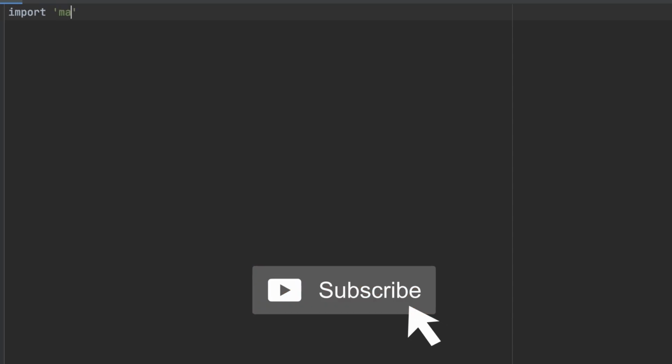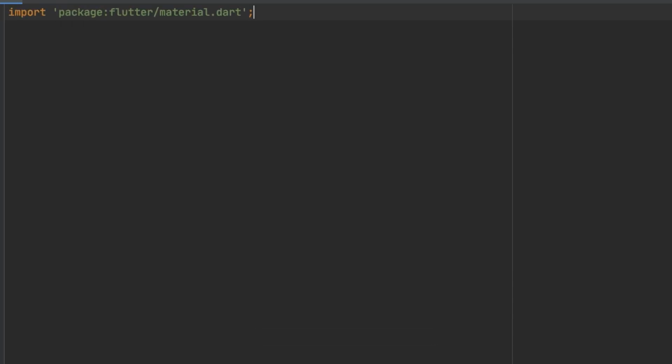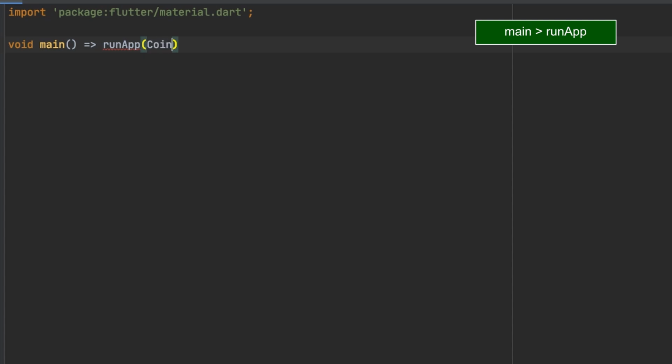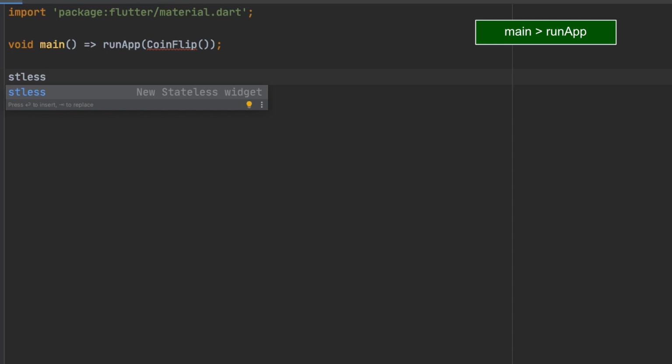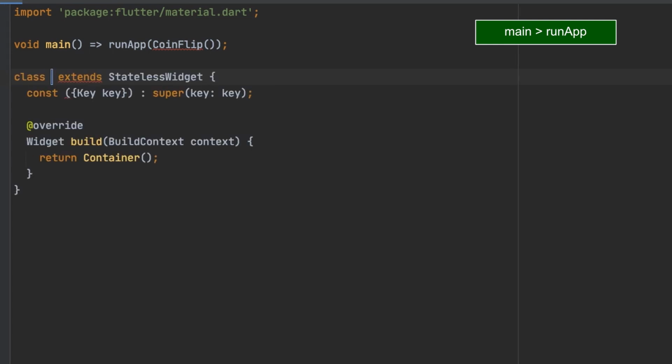So let's get started. I'm going to start with my typical material package and my normal main run app, and we're going to put coin flip in here. And then I'm going to type STLESS, and I'm using Android Studio. I believe you can type STL if you're using VS Code. Hit tab, and it's going to automatically put my stateless widget in there. And then I will type coin flip,